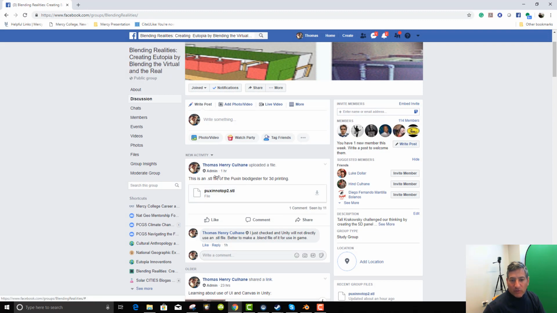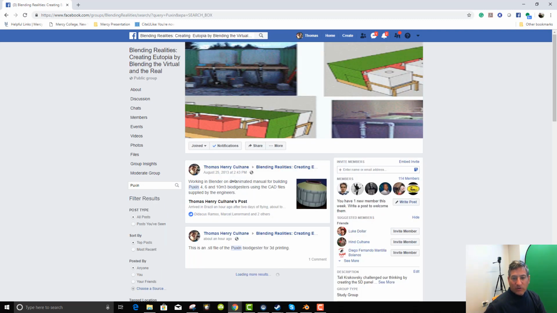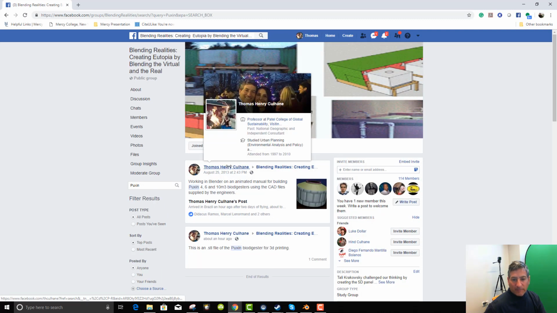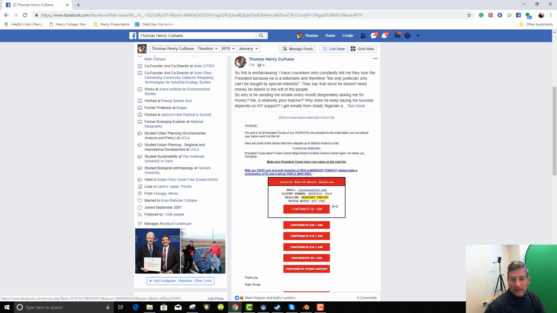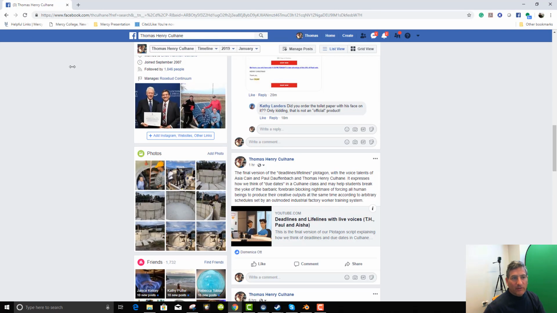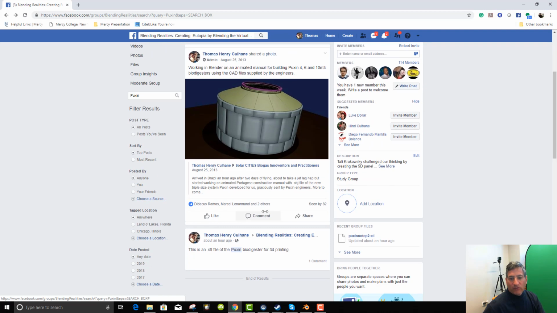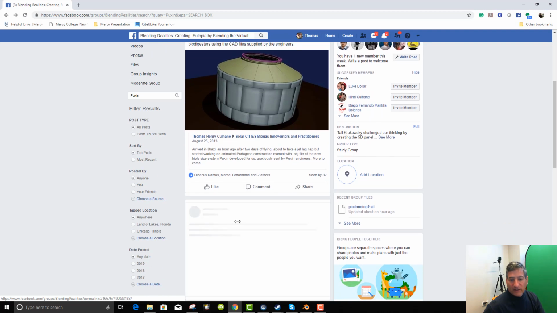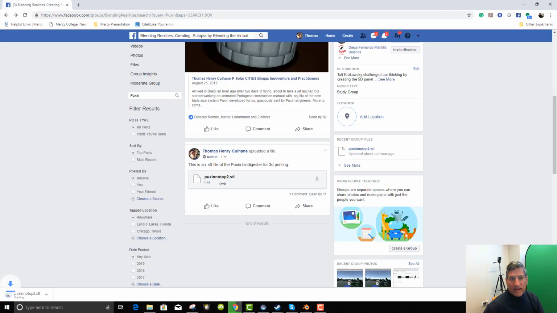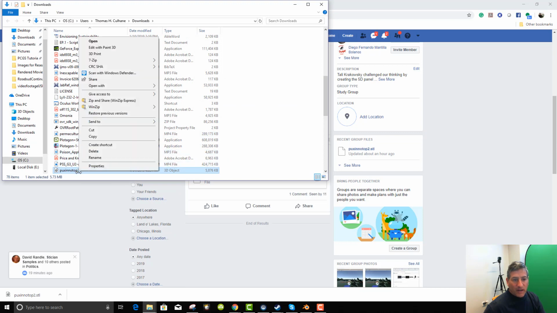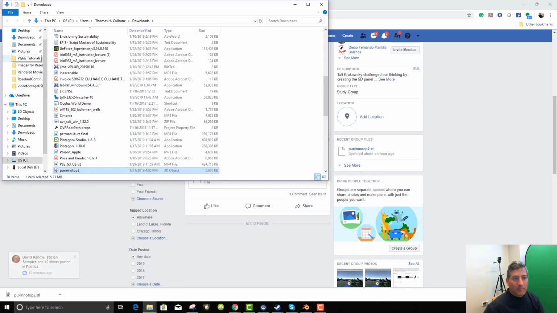So if you were to type into the group Puxin, then you can see, for example, an animation that I did at one point. Oh, it disappeared. So that post, there it is, that I was working on. But you'll also see the STL file, which is right there. And you can download that. And when it downloads, grab it, show in folder, copy that STL file, bring it into